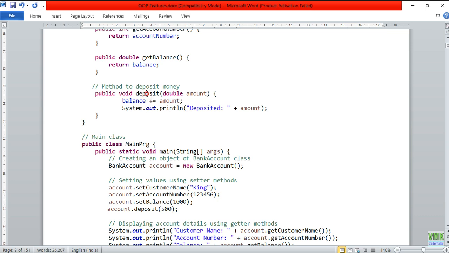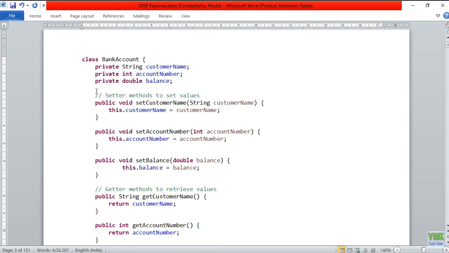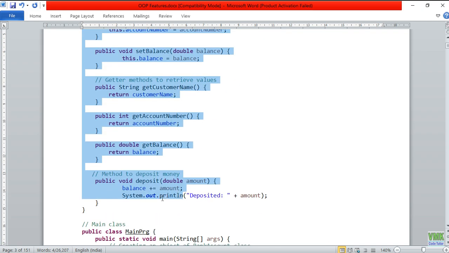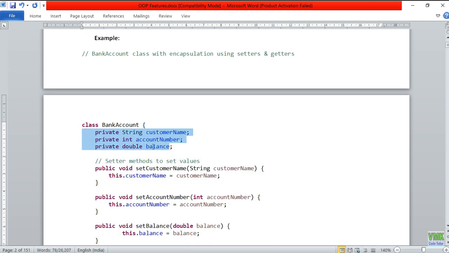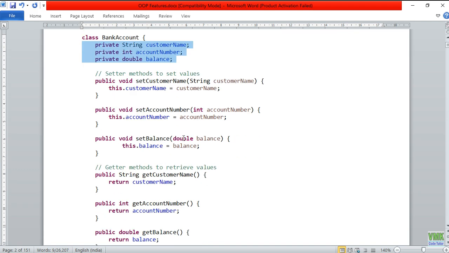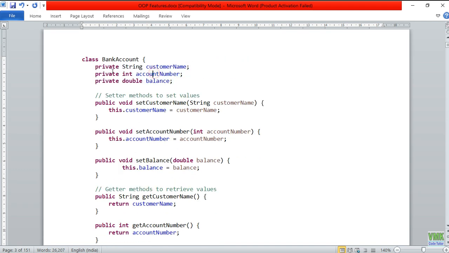To the deposit method you pass the amount value, that amount is added to the balance, and it shows the message that the amount is deposited. So these methods are performing various operations on these variables. In this way, combining these variables and the methods that perform operations on them inside the class, this mechanism is known as